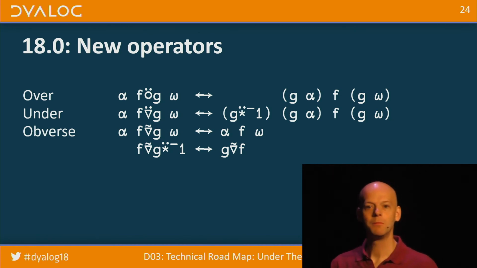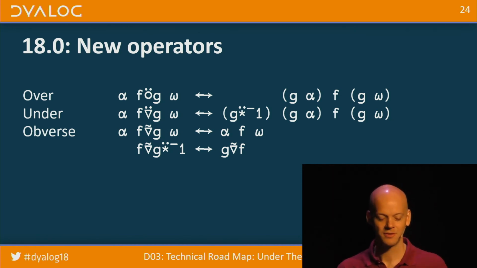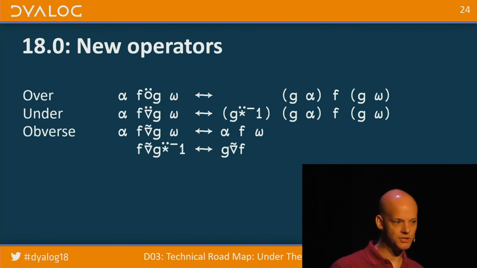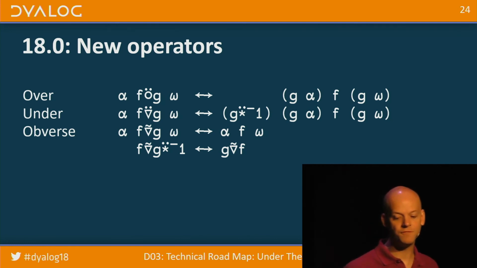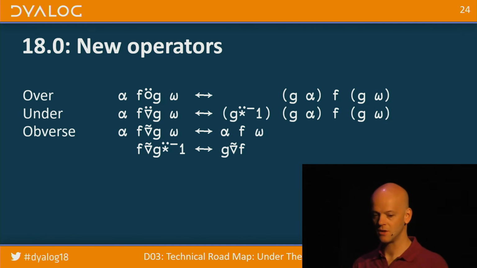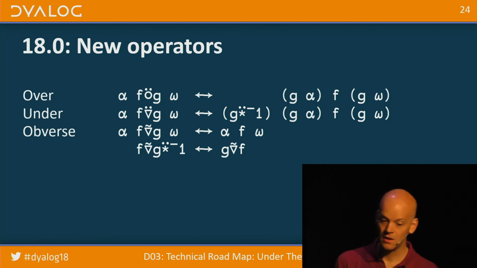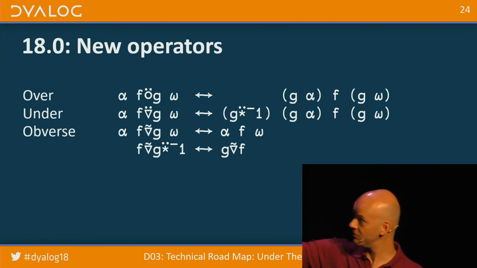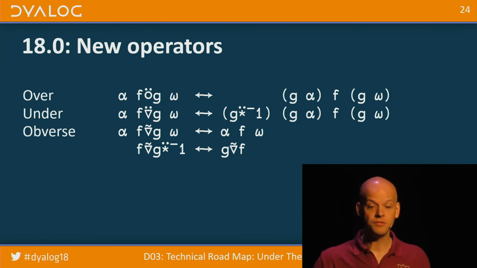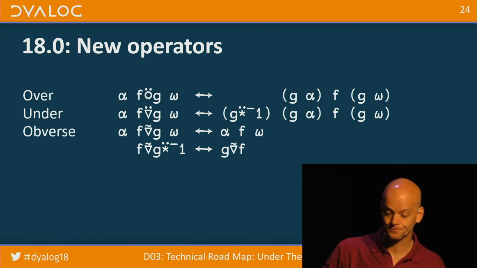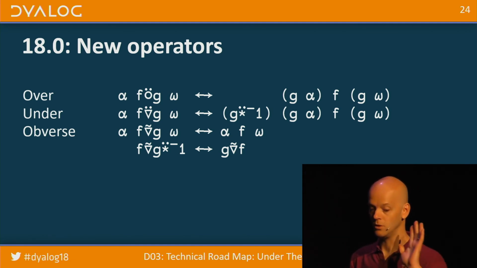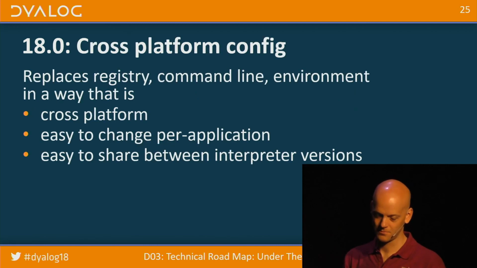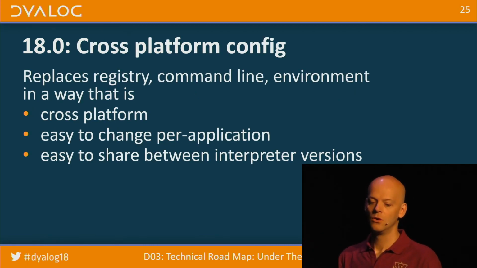I think I'm probably out of time now, yes. We're in no rush to implement new primitives and new operators, but there are a few forms of composition that I think we should probably think very seriously about putting into version 18. Under, I think we've spoken about before, and over is even simpler and very closely related. I won't explain those now. We have ideas for